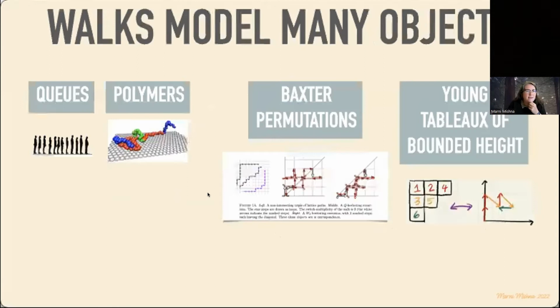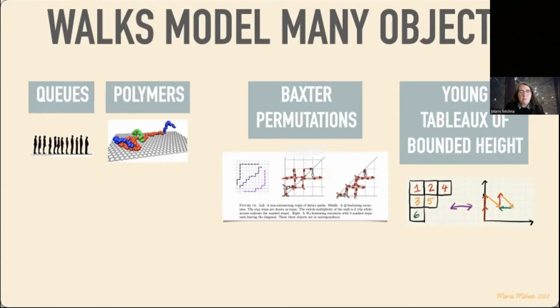Before we add on to complexity, let me just say that we're going to bound the regions. We're going to do a bunch of things, but walks already in themselves, although it feels rather arbitrary, are very effective for modeling queues. There's a whole branch of walks which is just trying to give you information on queues. There's another school which uses these to model polymers and try to predict things like phase transitions. And then there are actually a lot of really interesting bijections. Say Baxter permutations, I can encode that as a lattice walk family.